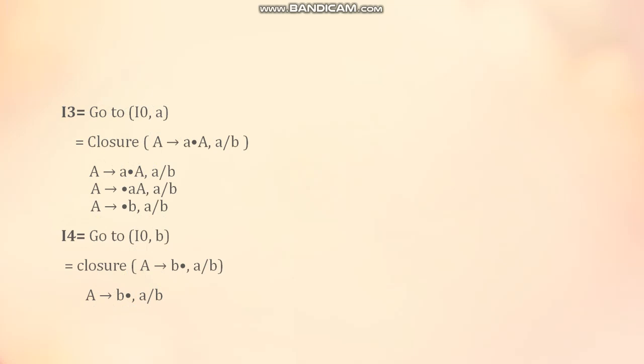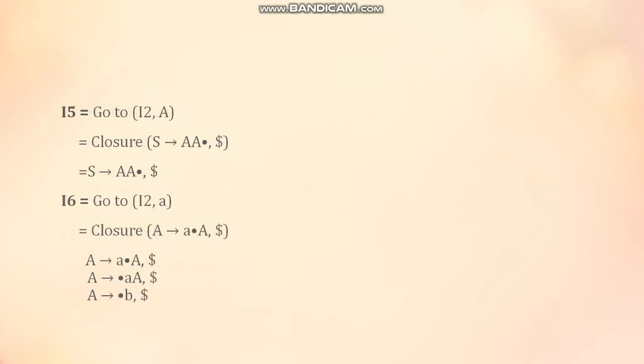In a similar fashion, when we parse small a and small b on the I0 state, we will create two new states, I3 and I4. Now, no more parsing can be done on the I0 state since we can only parse one thing in one production. If any of our productions are left with further parsing and are not complete, we will parse them from the states that we created after I0.